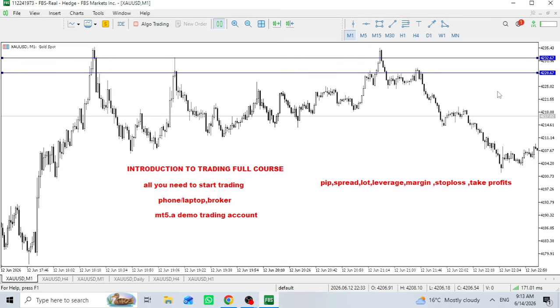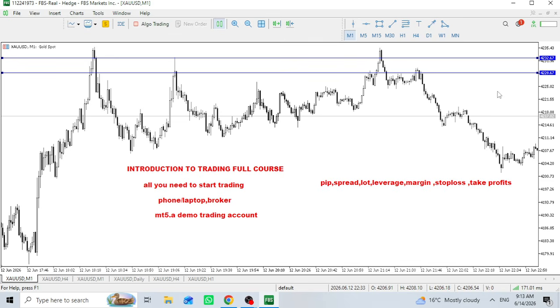So for beginners, I usually advise, please, 0.01 till you know how this lot size works. Me, I just stayed in the market long enough that I just understood what is a lot, what is a pip. Like, you don't need them, but you need them. For a beginner, you need them. You need to know what is a leverage.